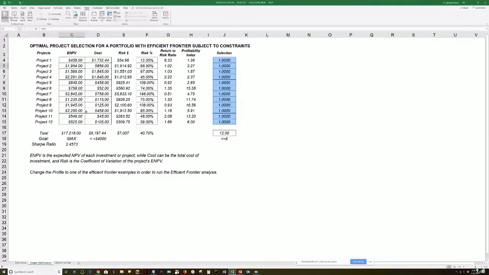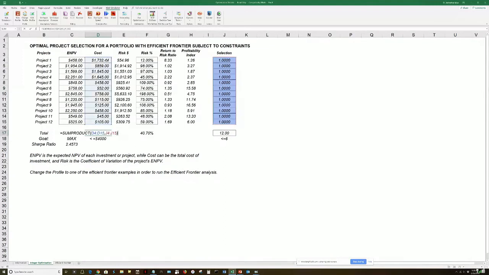I've got the expected net present value, the profitability, the cost, whether it's a mergers and acquisition, whether this is a capital implementation, it costs you a lot of money to spend on this. It costs you $1.7 billion, and the net present value after the cost, net of everything, is still a positive $458 million. That's still pretty profitable. I've got some risk in here, which we obtain from running the simulations. You get the probability of the risk itself, or the volatility. And if I were to, in my company, invest in all of these things, it will cost me $8.2 billion dollars. So it's nothing but some product.